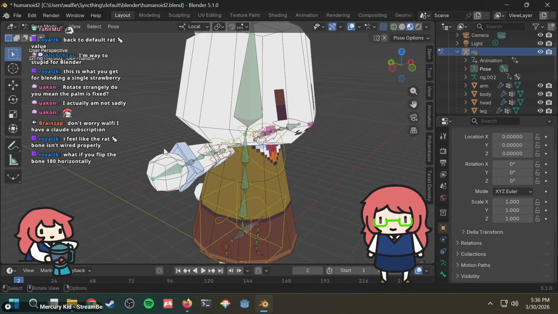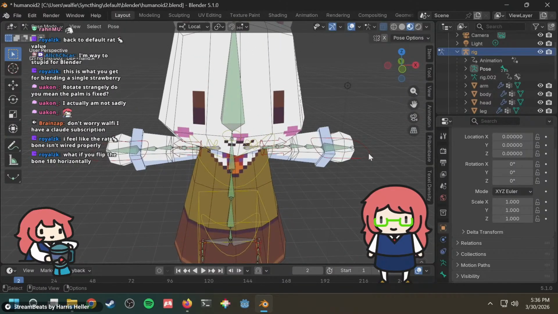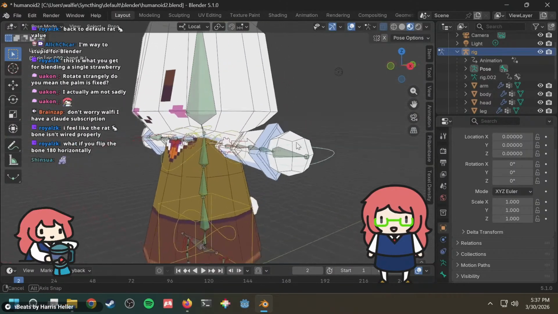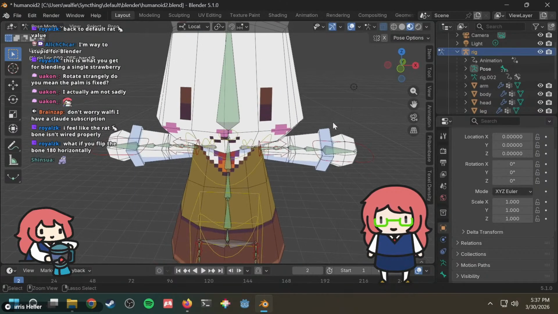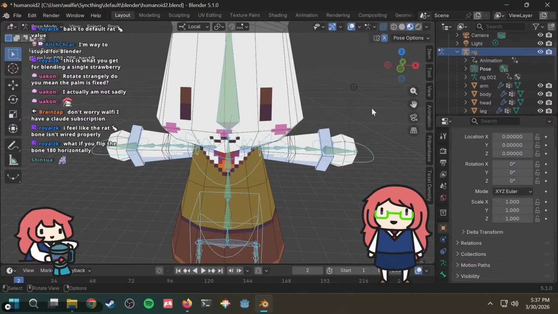But that would just go the other way. That's not even valid. What about this one? Oh, I didn't rotate both. I only rotated one of the bones. I didn't have symmetrical rotation applied.